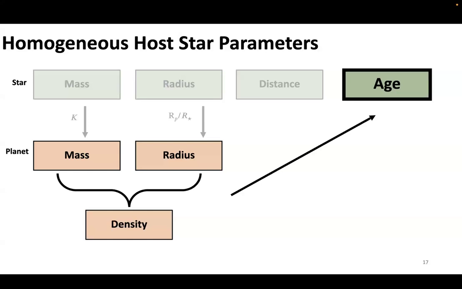From the mass and the radius, for most planets, you can at least get a bulk density. For planets with atmospheres, it's a bit harder to use this density to determine the composition. But for small rocky planets, which I'll touch on in a bit, you can maybe do this a little bit more. And what it sort of evolved into is me asking the question, can we link any of these properties